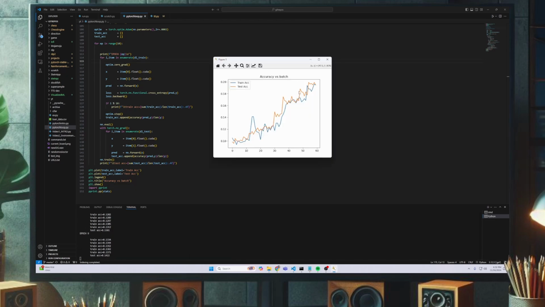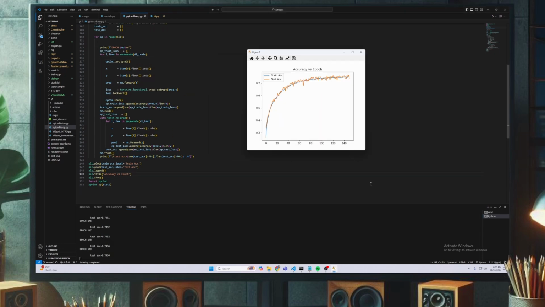All right, so here we have it. We have our accuracy over batch, right? And what you can see is that the test accuracy and the training accuracy are both continuing to trend with each other, which means that we can keep training this model before we get overfitting, right? So let's just go ahead and run this for a few more epochs and get a visual of what that would look like. All right, so here you can see I ran 150 epochs,